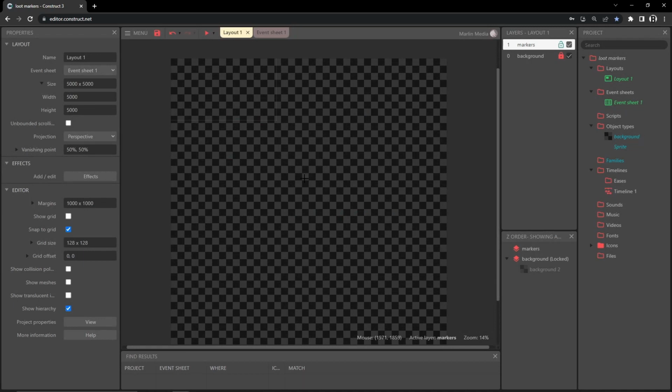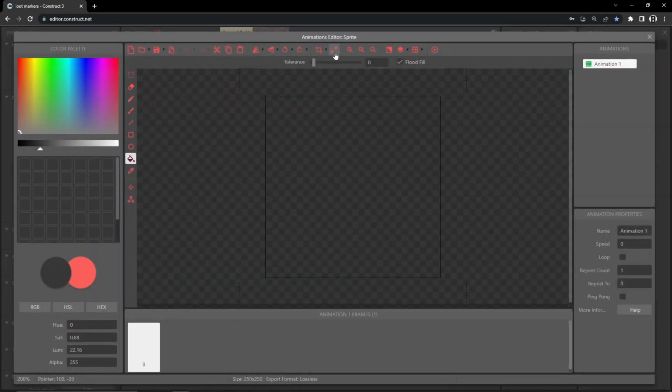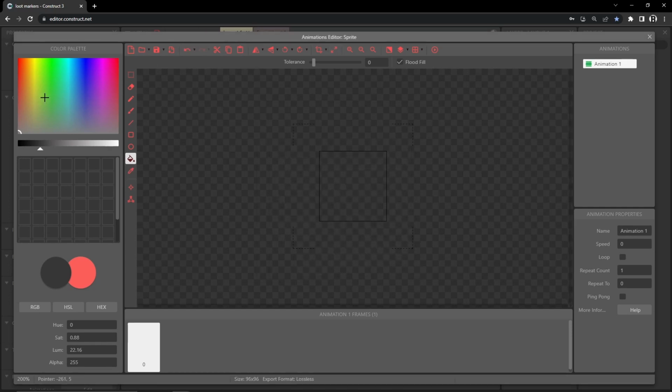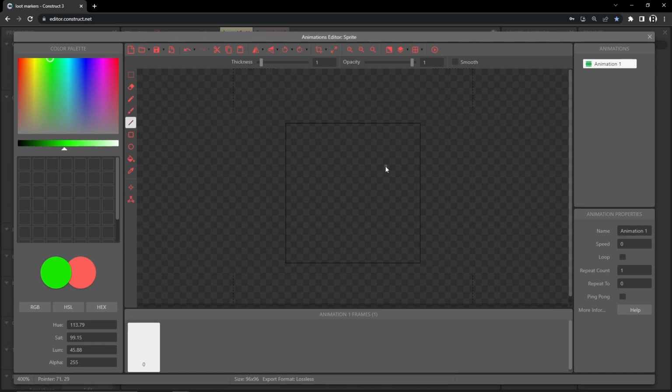And let's insert that. And let's go change the size to 96 by 96. And I'm going to get a nice bright green color just so we can tell the difference between what objects are what. Actually, what I'm going to do is I'm going to go over to the grid, and